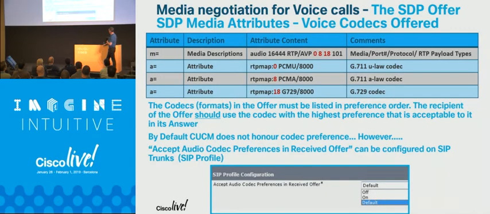So this is what we're sending out, and it goes to the far end. Again, by default here, we're sending these codecs out in preference order, but the far end system doesn't have to honor that preference. Call Manager, by default, will not honor the preference. It will look at what it wants to do and choose that codec according to how it wants to treat the call. And typically, most other systems will not honor the codec preference list. You can force that, though, in the SIP profile configuration. This is Accept Audio Codec Preferences in Received Offer. If you switch that on, then we will honor this preference,